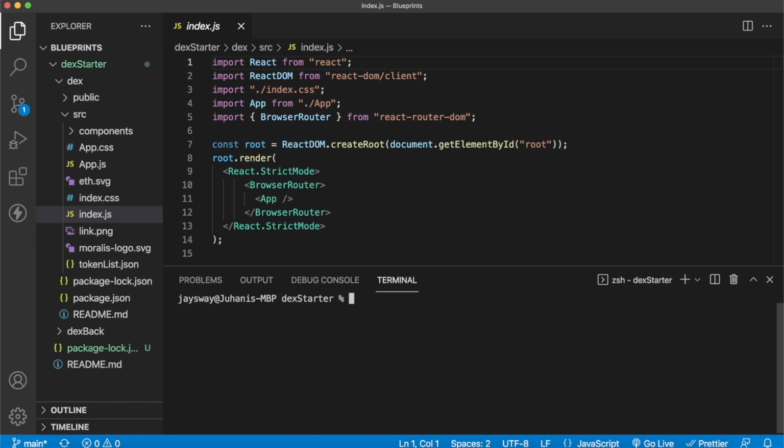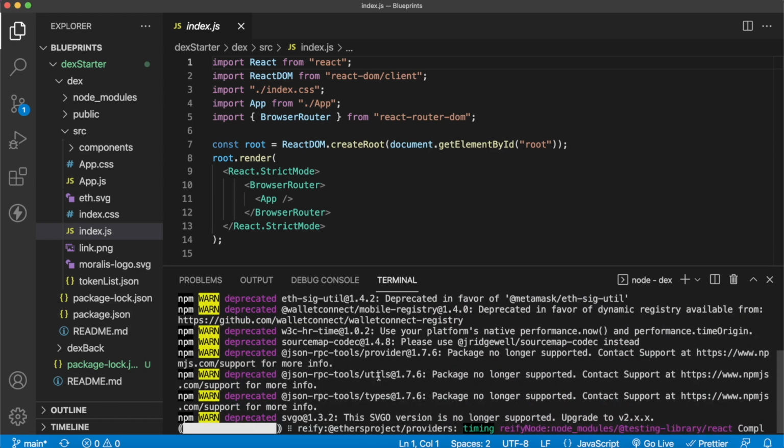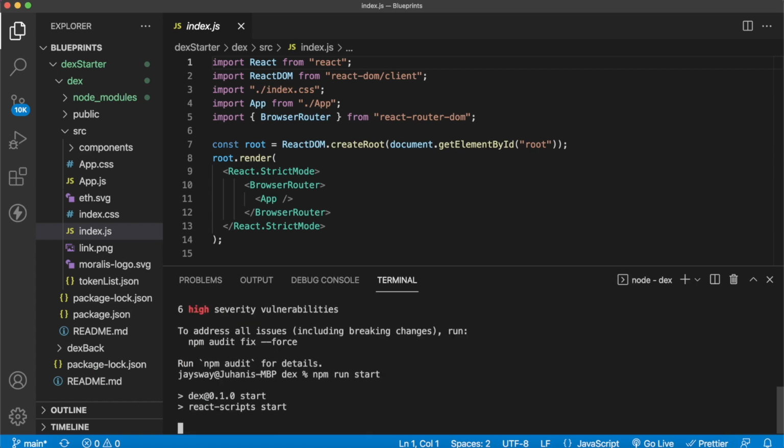And then let's go ahead and start off with the front end. So CD into the DEX folder and go ahead and run npm install. This will install all the front-end dependencies we have for this project, and then we can jumpstart the project and see what it looks like in its starter form. All right, now that everything is installed, let's run npm run start,